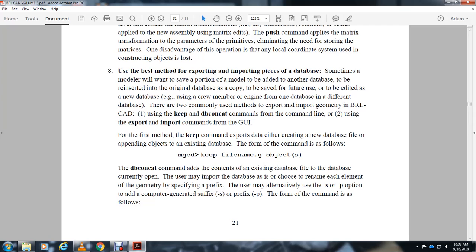Use the export or import from the database if they are different databases. The two commonly used methods absorb the import of the geometry into BRL-CAD: 1. Keeping the database concatenated commands with a command line, and 2. Using the export and import commands over the graphical user interface. The first method is to keep the command export of the data, either by creating a new database file with a pending object or by making an existing database from the command line as mged keep filename.g